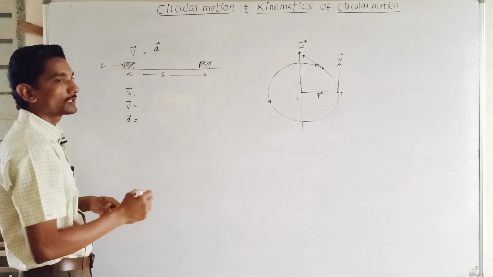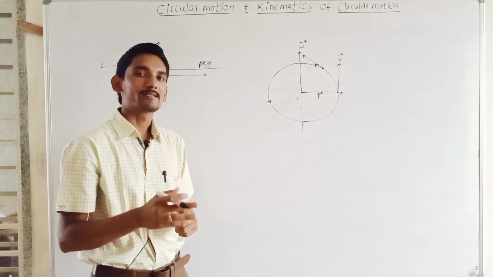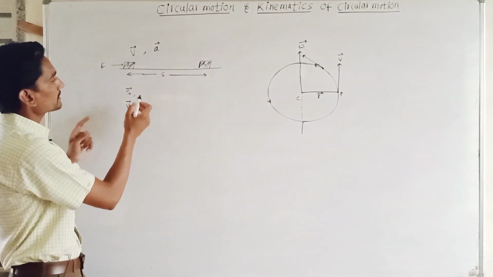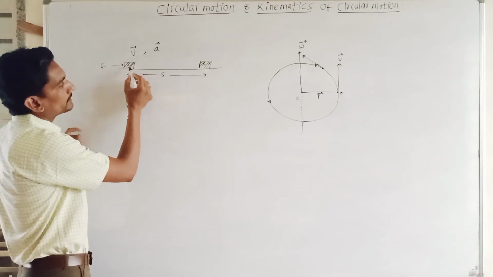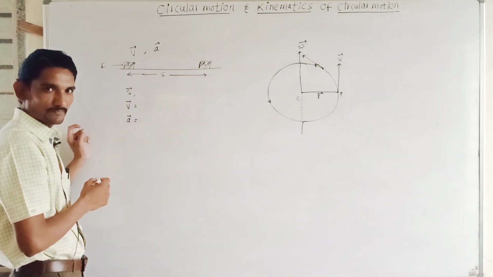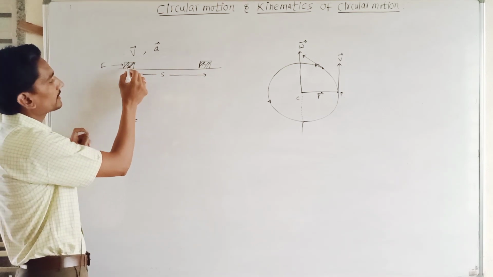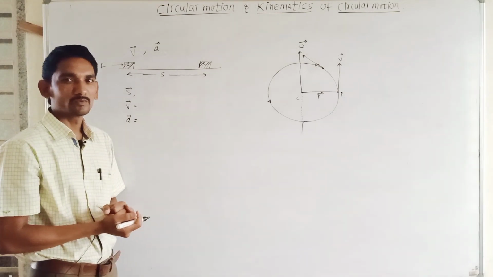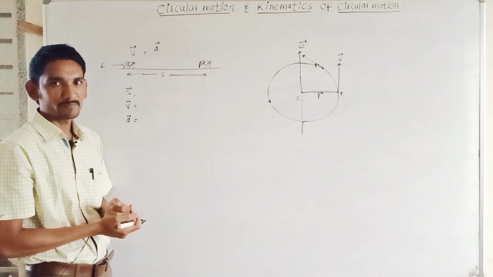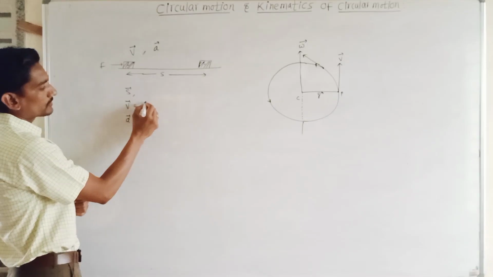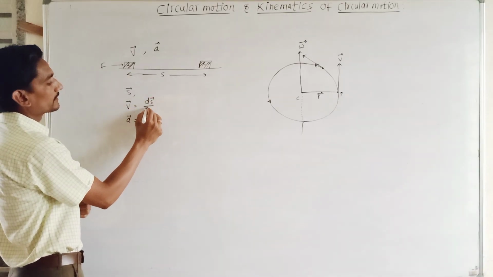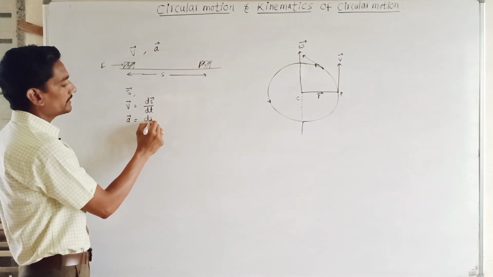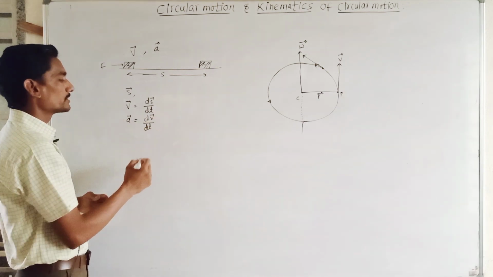These are the physical quantities we have to describe to know the translational motion. So displacement, it is the distance between the final and initial positions. In translational motion, you can directly determine the distance between two positions. That is nothing but the displacement. The velocity is ds by dt, the rate of change of displacement, and acceleration is dv by dt, the rate of change of velocity.